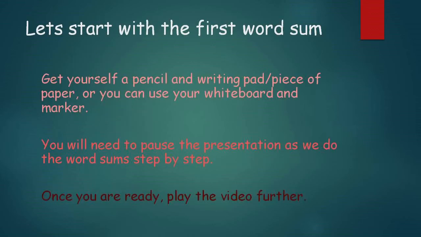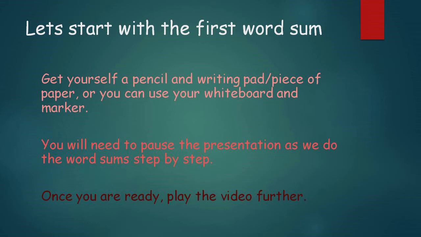Alright, so we're going to do some word sums together. So the first word sum we're going to do, I'm going to go step by step with you. So you're going to need to get yourself a piece of paper or something to write on, a book or an exam pad or anything like that. And you'll need a pencil. If you have a whiteboard and a whiteboard marker, you can use that as well. Just something in front of you to be able to write out the sum like I'm doing step by step